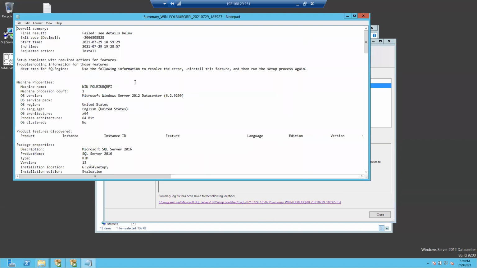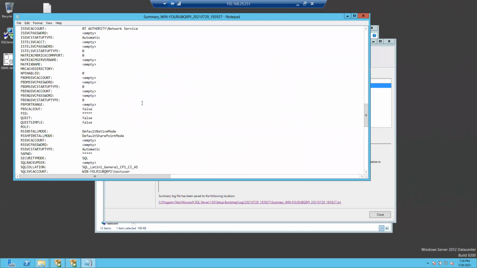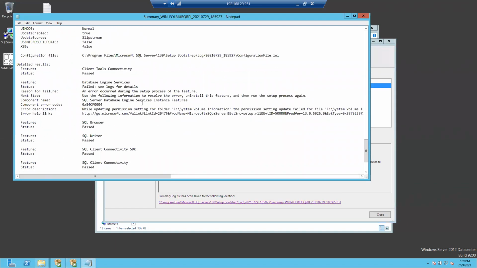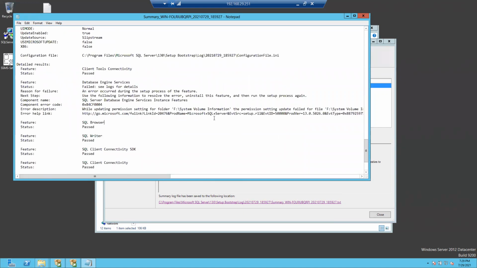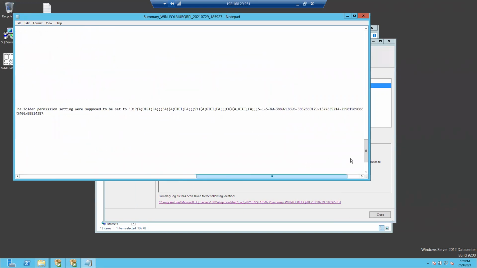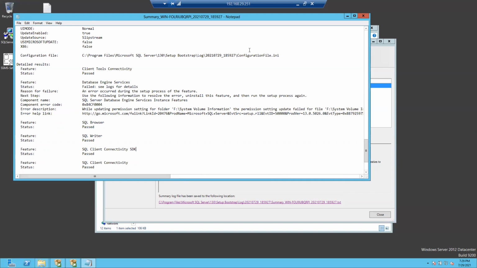This is the file which failed, while updating permission settings on the system volume. So the F drive got corrupted, which is not expected, because for that drive we had set up the data and log files.